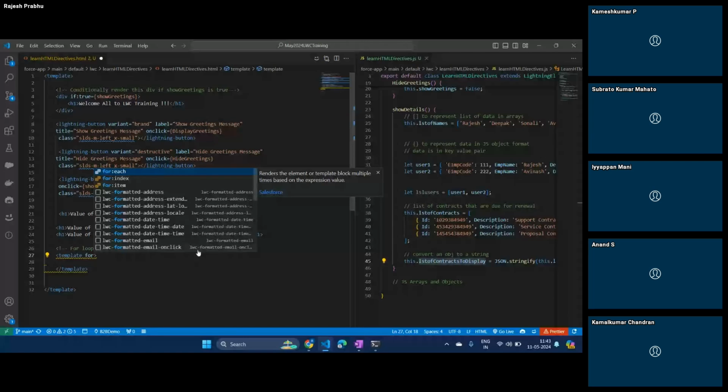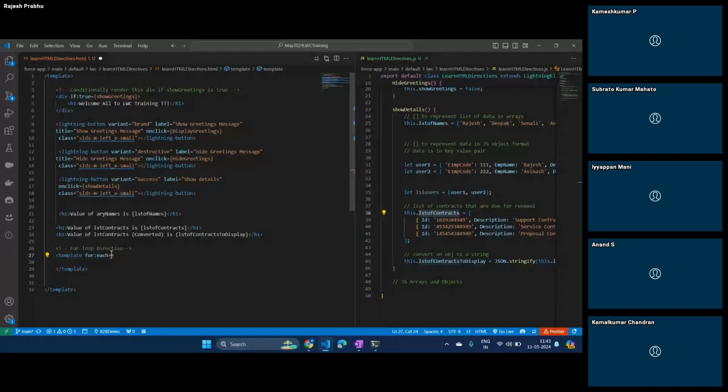Only thing is the syntax is a little different, that's all. So I'm saying for each value in this list of contracts, in this property, I want to loop through each and every item in this property as each item is looped through,